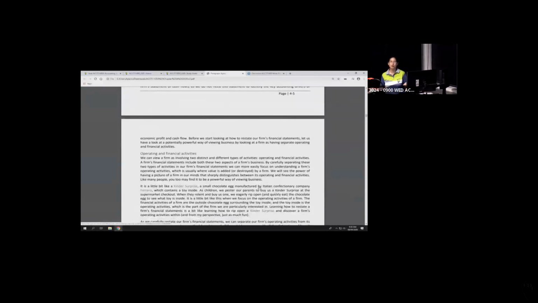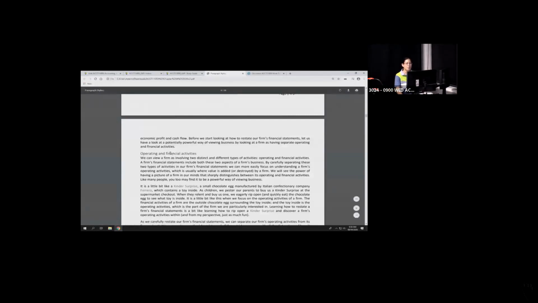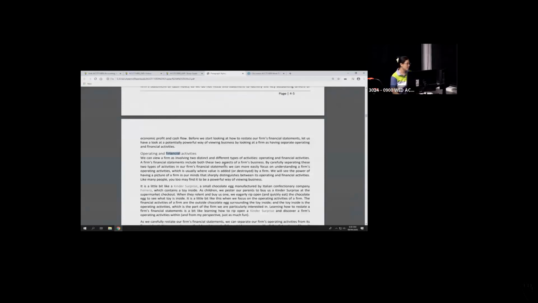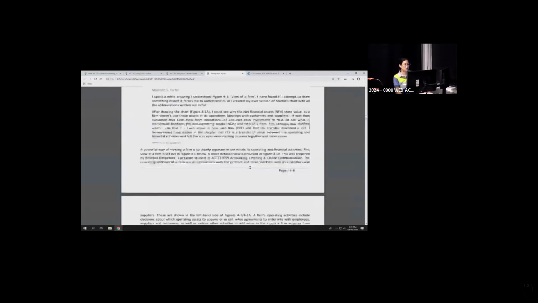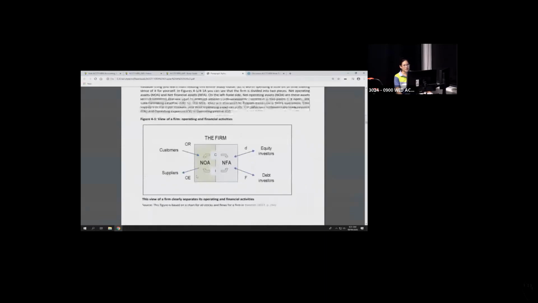So the key word you said was to do with operations and operating. So operating activities, anything to do with a firm selling their goods or providing their services on a day-to-day basis, anything to do with their operations. Financial activities refers to how we are funding those operations. I always like to bring up a figure directly from chapter 4. Chapter 4 is going to be your Bible. I like this figure that Martin has designed, which is based on